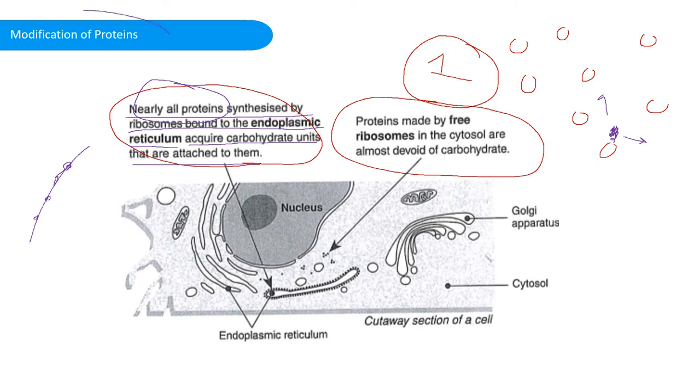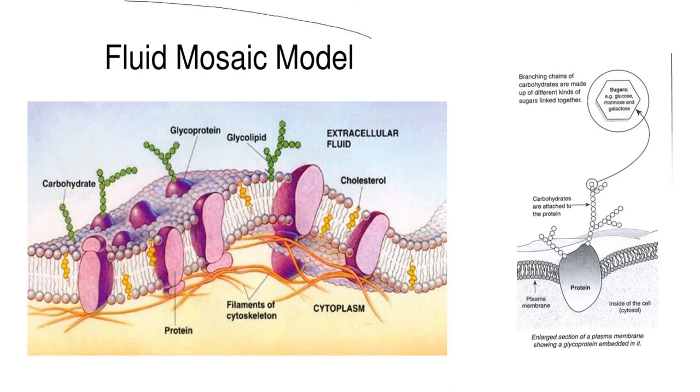So nearly all proteins that are made at the rough endoplasmic reticulum acquire carbohydrate units that are attached to them. And that's what we mean by modification of proteins. The proteins that come out of the rough endoplasmic reticulum are modified. They get added things, they get tweaked, they get like these superpowers, I suppose. And one of the ways in which they get these modifications is to add carbohydrates to them. So when we look at this fluid mosaic model, which you should be very familiar with from cell biology unit, you've got